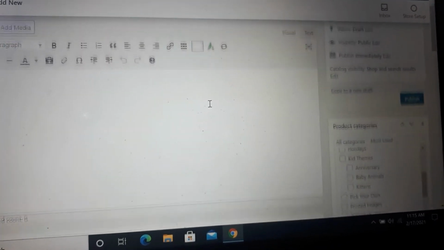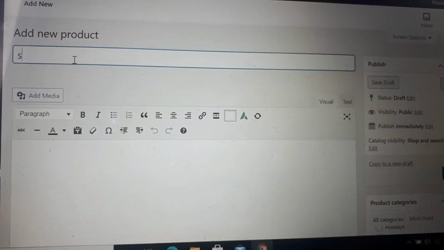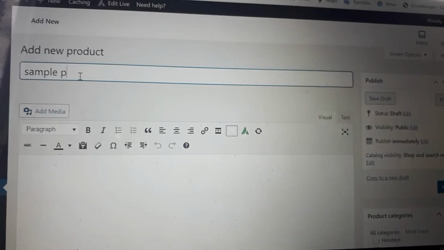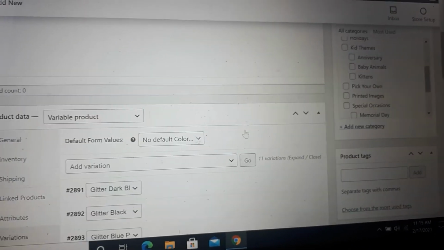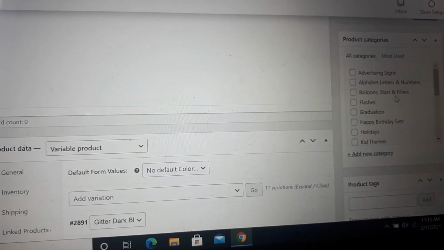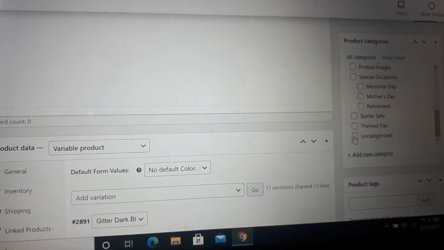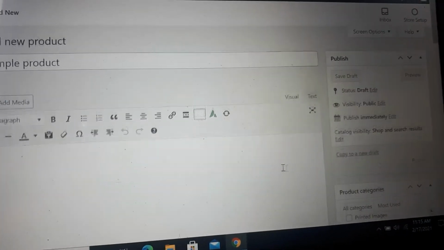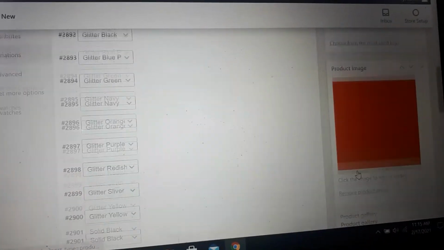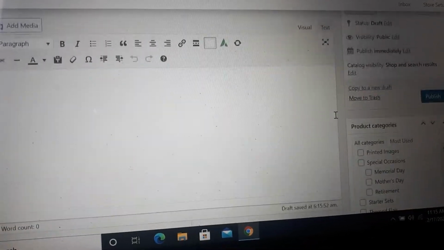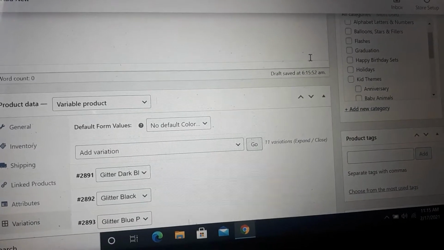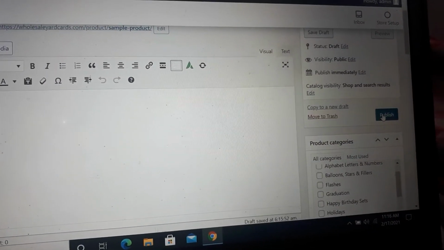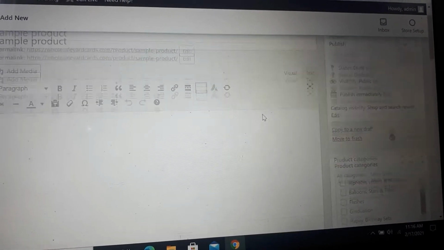As we are adding a sample product for understanding how we can add, let's choose the category uncategorized. After adding this information, we can click on publish, then our product will be published.